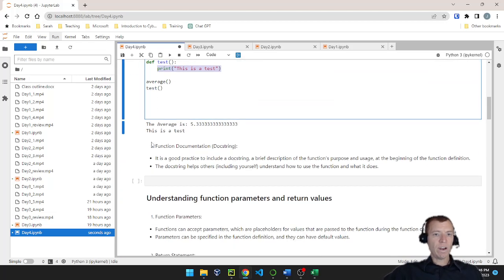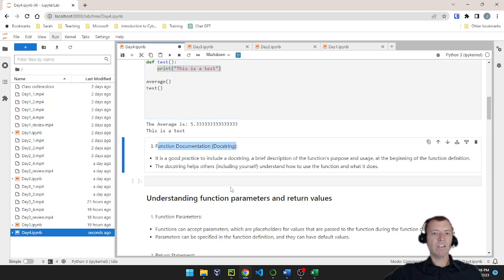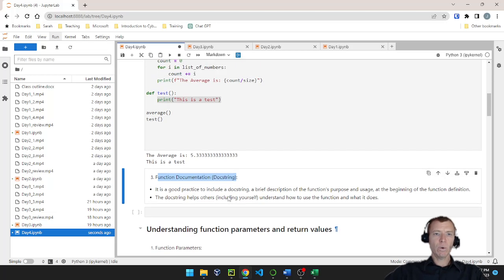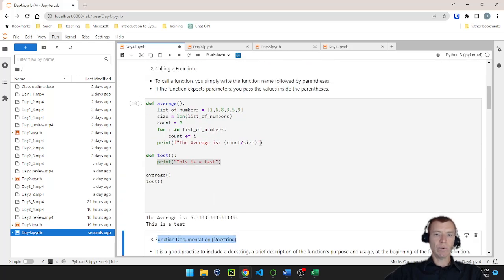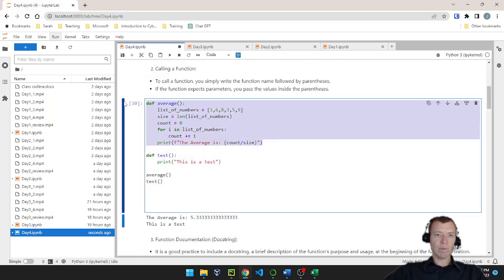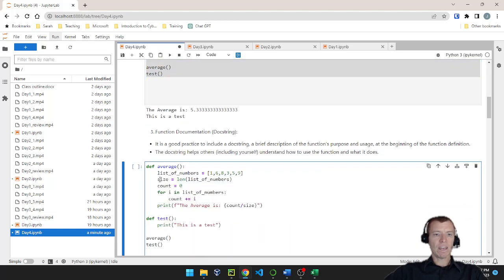Okay, so one other thing I wanted to point out for this video is this concept of docstring. Now, not a requirement by any means, but this is a best practice or a good thing to do, is to put a docstring in the first line of your function to tell everybody what's going on with this particular function. This helps others when you come to look at a function, what's really going on. In fact, we're going to go ahead and copy this function. Actually, we'll just copy this whole set of code, bring it down here,